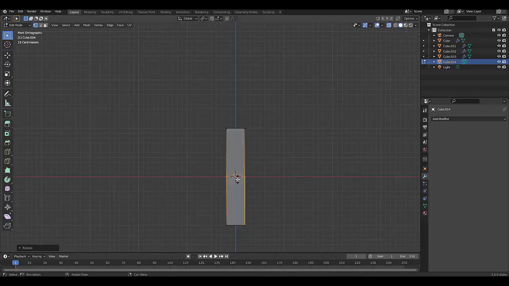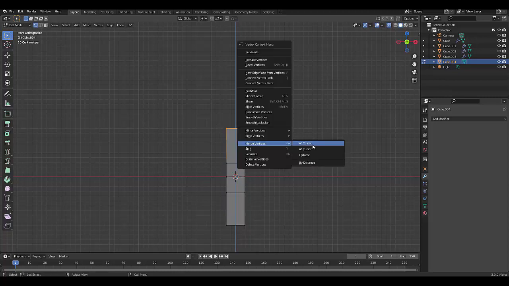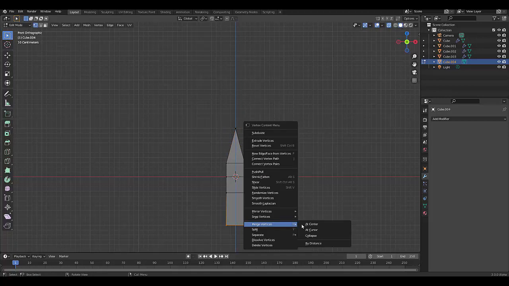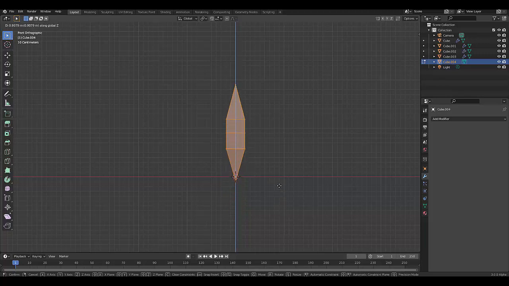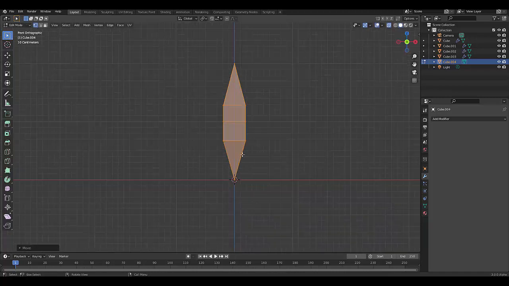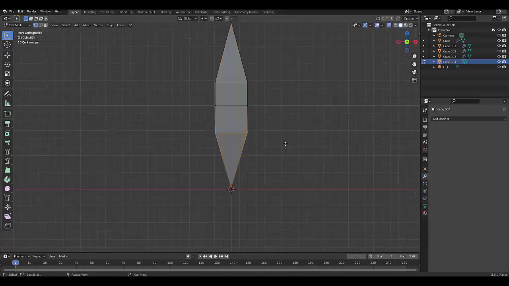press Control R, press Control R again, chuck this over here, press Control R again, chuck this over somewhere like that, select these top bits, right click, merge vertices at center, right click, merge vertices at center, and also select this whole thing, G, Z, lift this up to about there, and select this, Control B to bevel it,